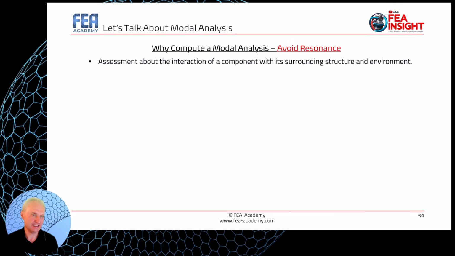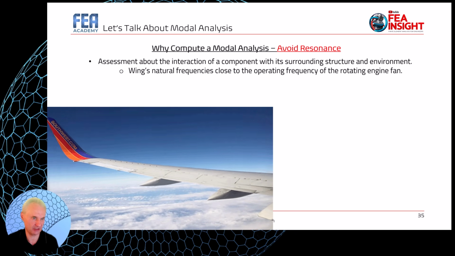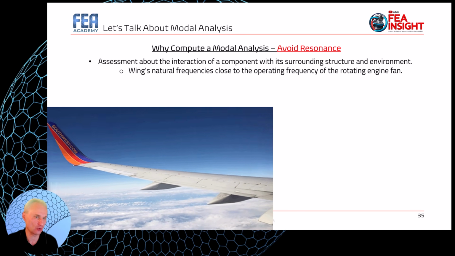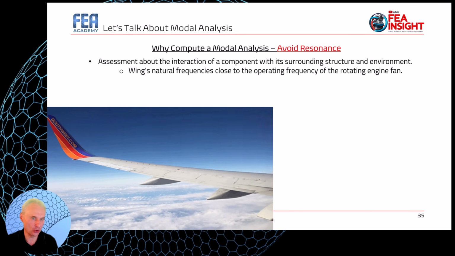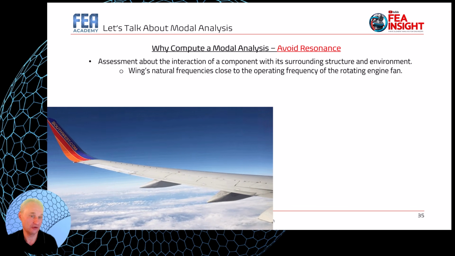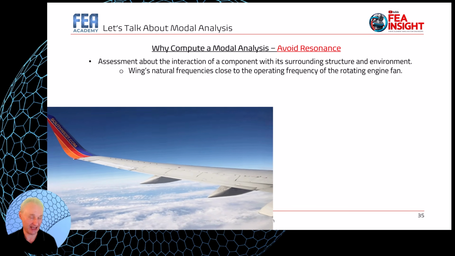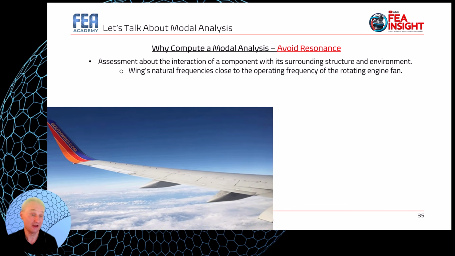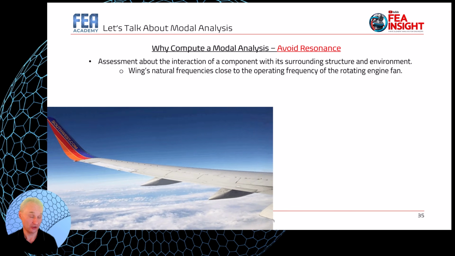Avoiding resonance is what it is. Avoid resonance. It is an assessment about the interaction of a component with its surrounding structure and environment. A typical example is a wing's natural frequencies close to the operating frequency of the rotating engine fan. The rotating engine fan is creating a certain excitation at a certain frequency depending on the RPM of